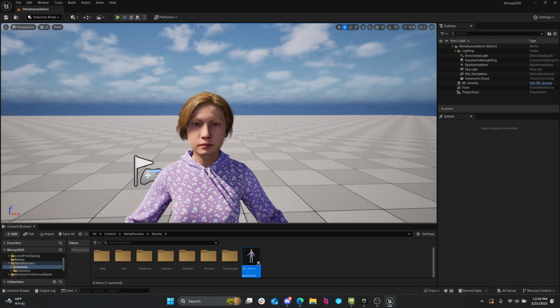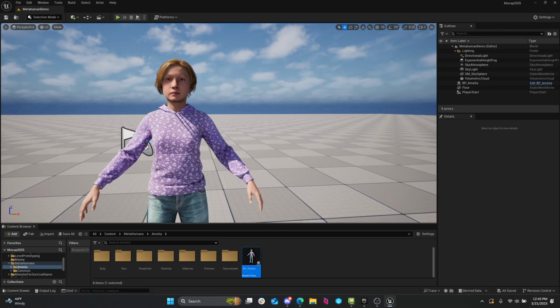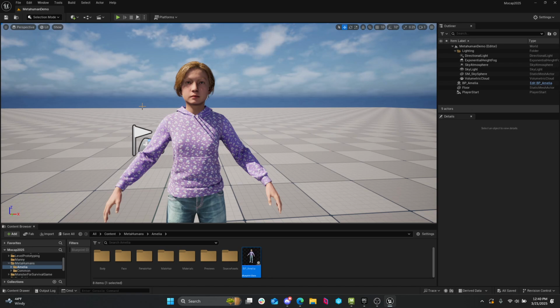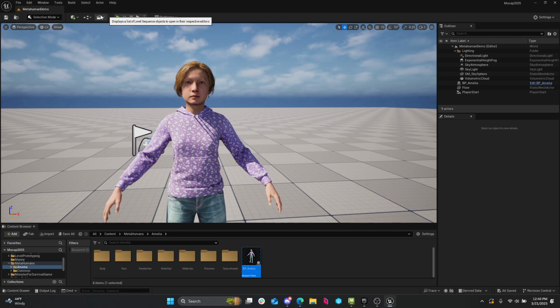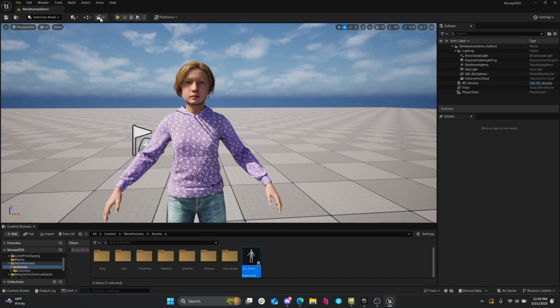Okay, so MetaHumans are fully rigged characters that you can animate or put animation on in Unreal Engine. They also have control rigs on them. We've used control rigs in Motion Builder before as an intermediate step to fix our joint animations. MetaHumans also have control rigs that we can animate without any motion capture at all. If I just add a level sequence like we would for anything in Unreal,